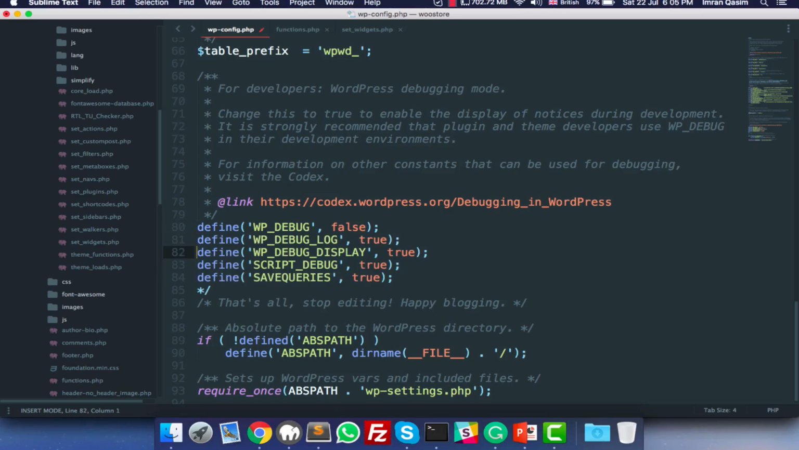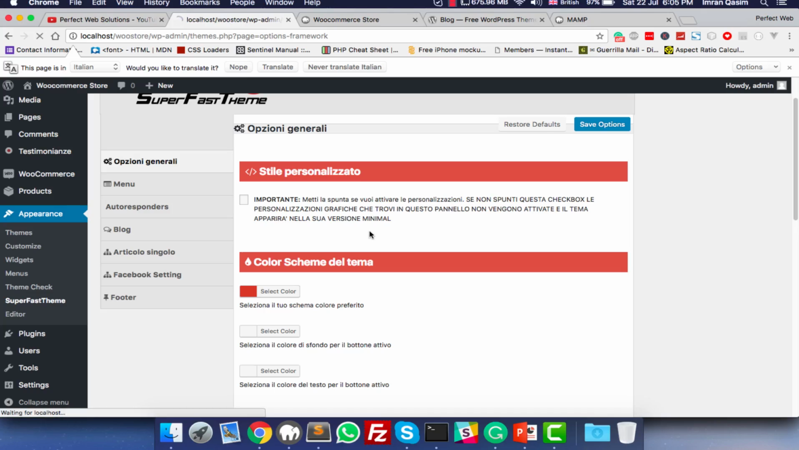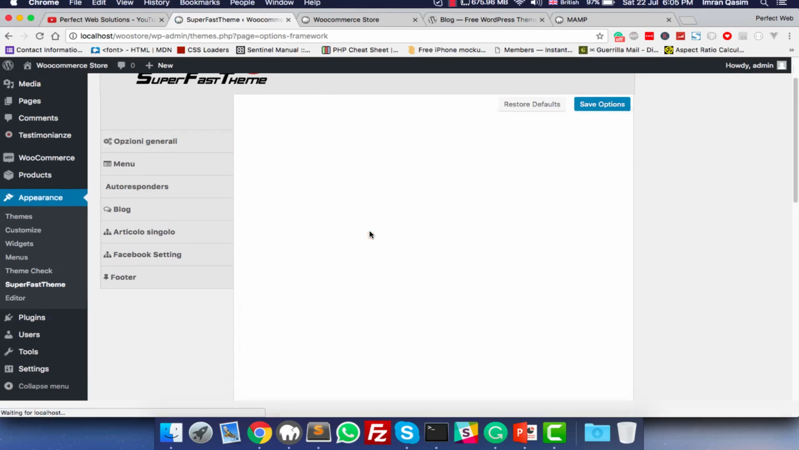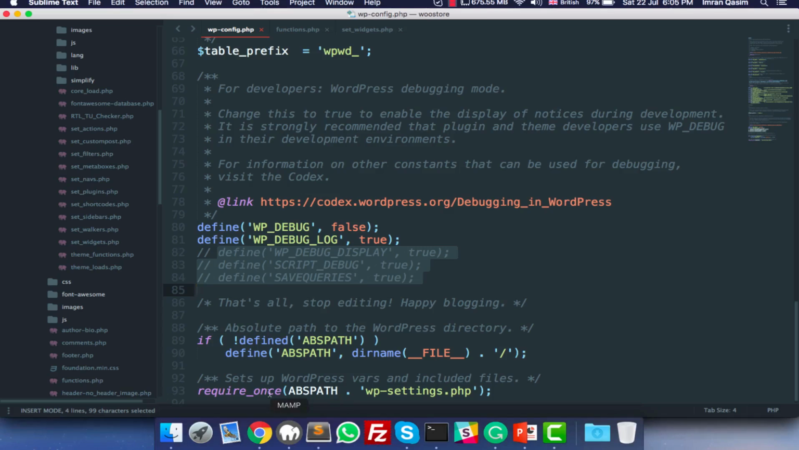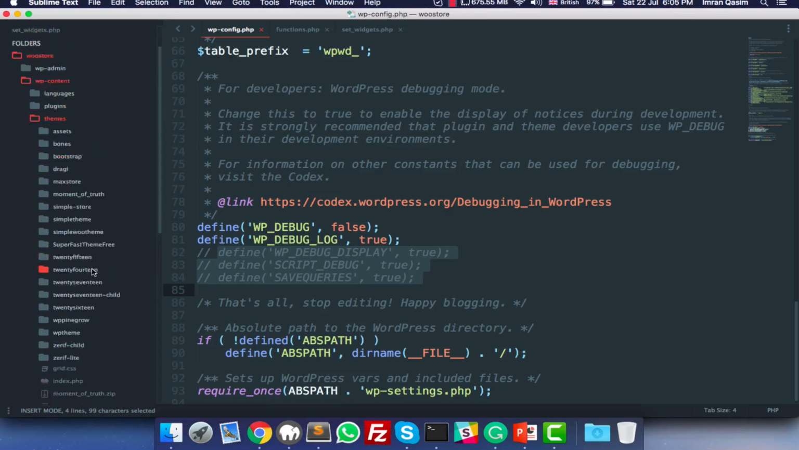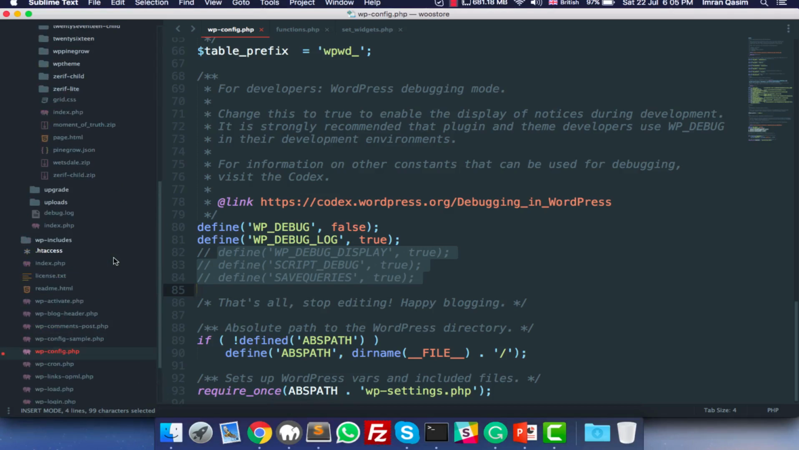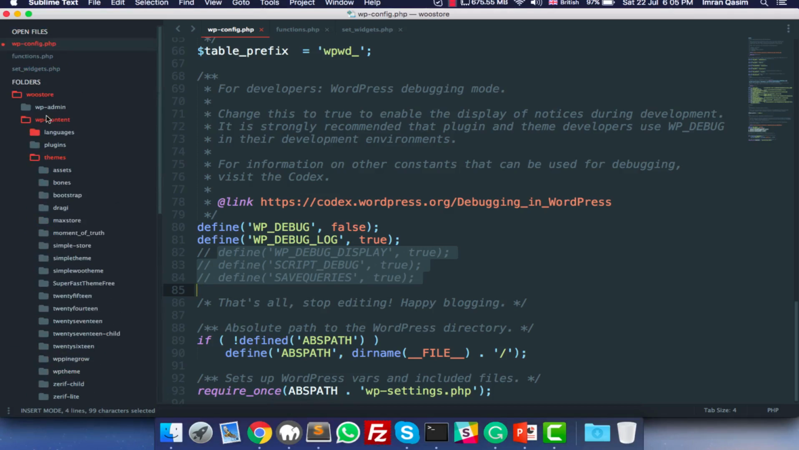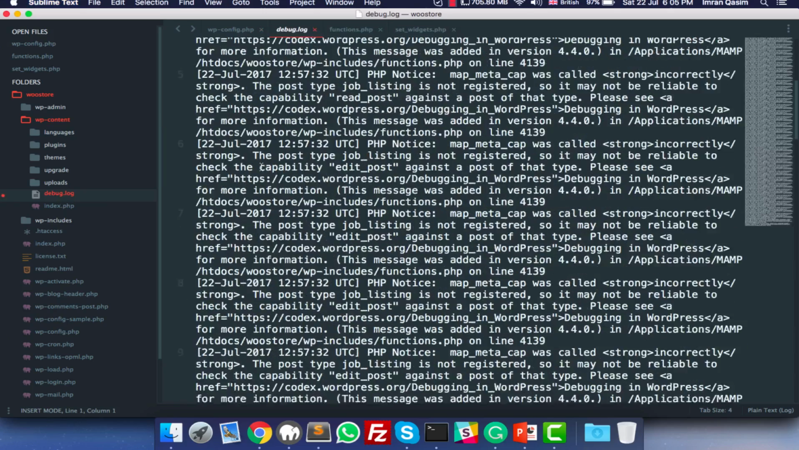I will do this, and let me comment out this. So debug is false and log is true. So no, it is not showing any error, but still it will create a debug log file. Yeah, here it is. It has created inside the WP content folder a debug.log,